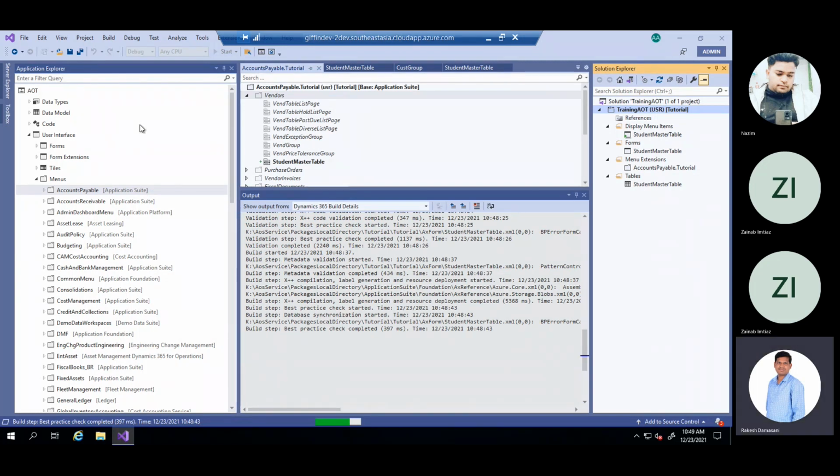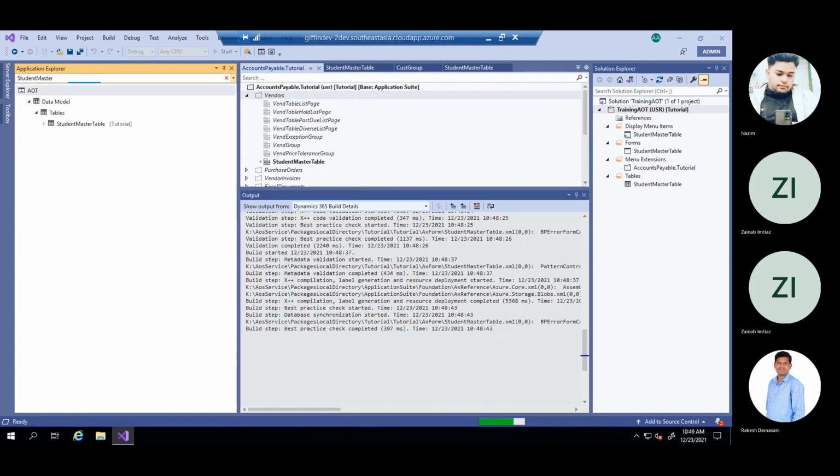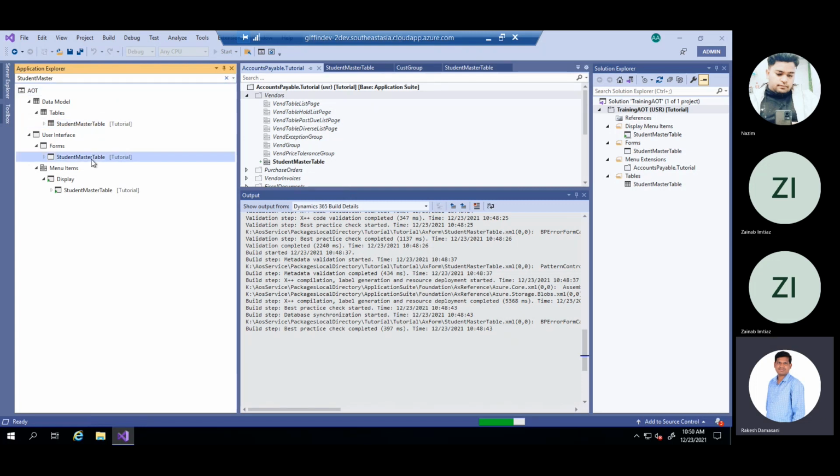Suppose we want to check the student master table and see how many different objects it has created. By typing student master, it shows the student master table and the menu item of type display under menu items. Whatever we create in our solution will come in the AOT by default.